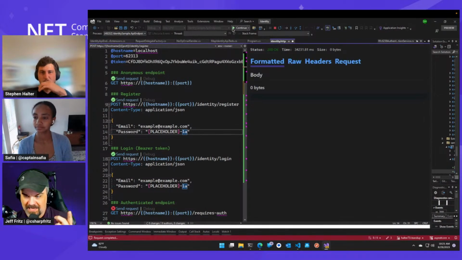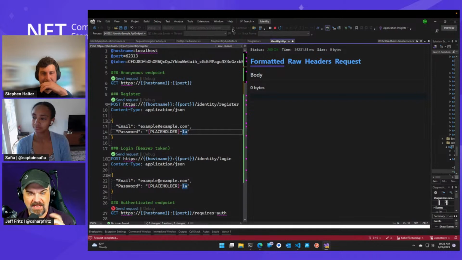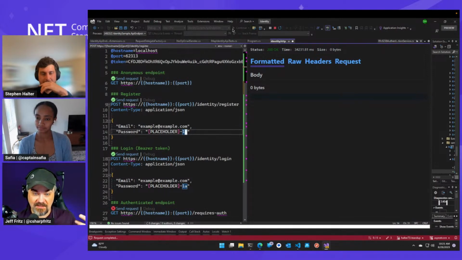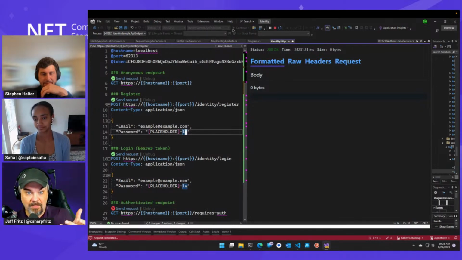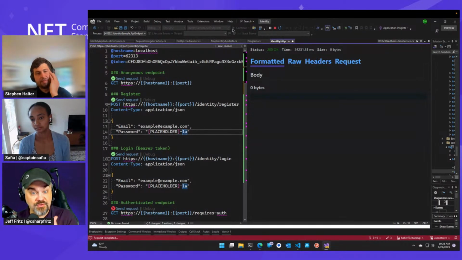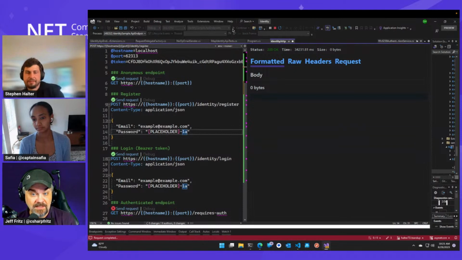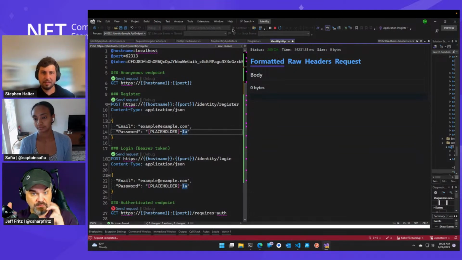So actually, there's a couple questions here in chat as you're going through and showing us that the API does let us log in. The folks are asking those similar identity questions as when we're working with the user interface. Similarly, when we're working with the API, can we swap out to use Azure authentication as a provider or store our data in Cosmos DB instead of SQLite or something else on-prem?